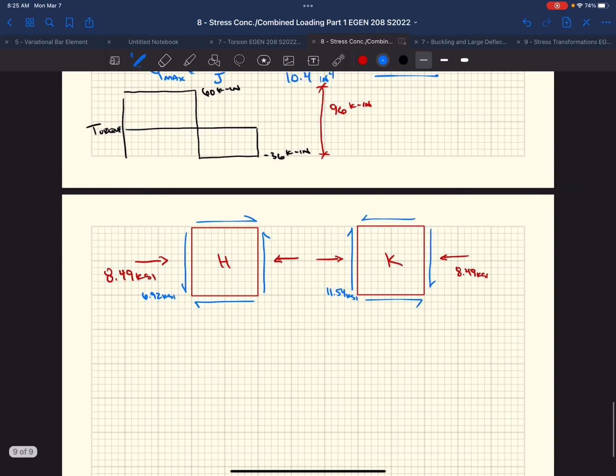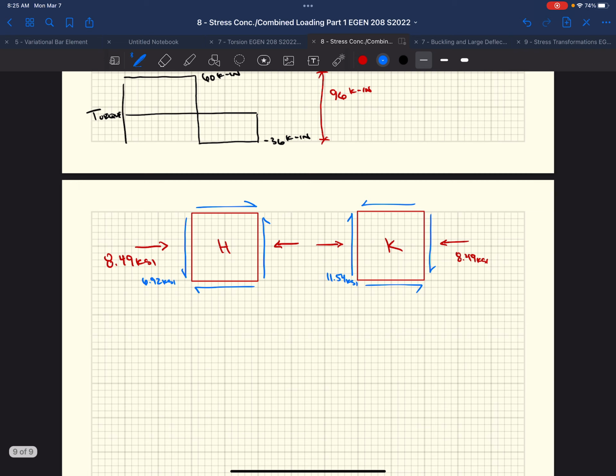What I'm trying to highlight here is now we have these stress blocks, right? We have normal stress and we have a shear stress. Well, as we saw at the very beginning when we talked about axial forces, and you looked in the homework at a weld across a piece of material that wasn't perpendicular. It was at some angle to it. Right? Well, what ends up happening is when you have combined forces like this, if you start looking at an element,